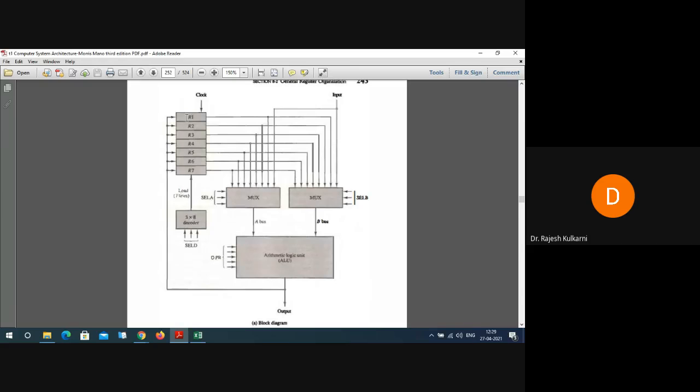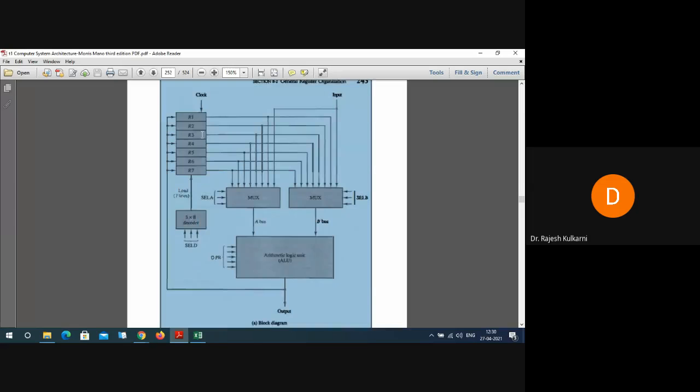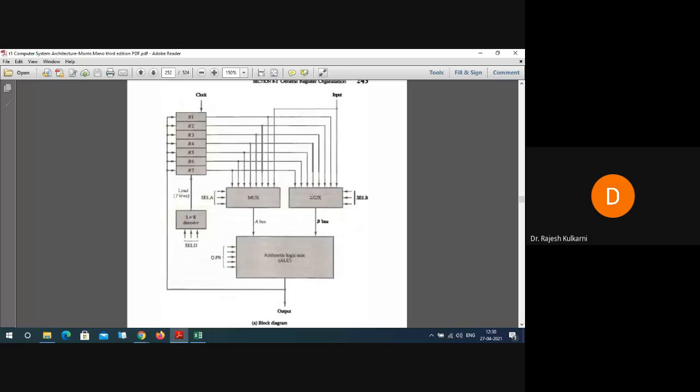Now, why we bring any data inside the CPU? Because we want to perform some operation. What operation? That operation can be arithmetic operation or a logical operation. So that we'll be bringing in the registers. For example, number 5 is there, we may bring in R1. Some number 10 is there, we may bring in R2. So R1 will be initiating this R1 line, and multiplexer A R1 line will be activated. R2 will be activating to multiplexer B.